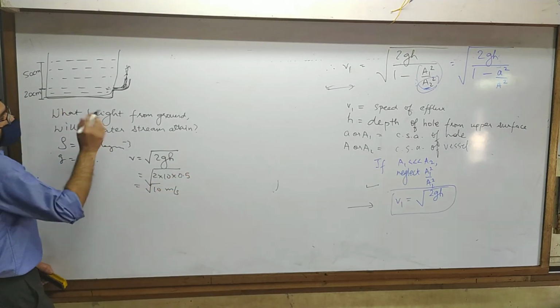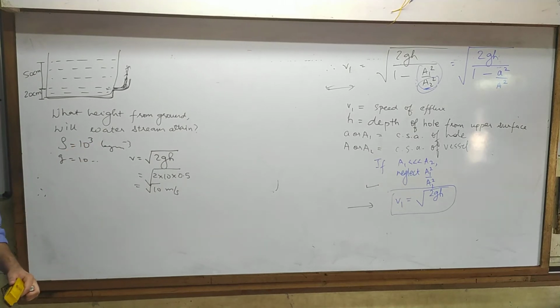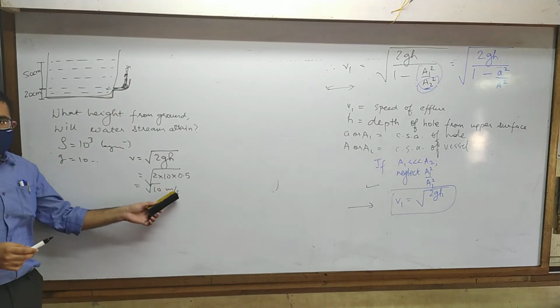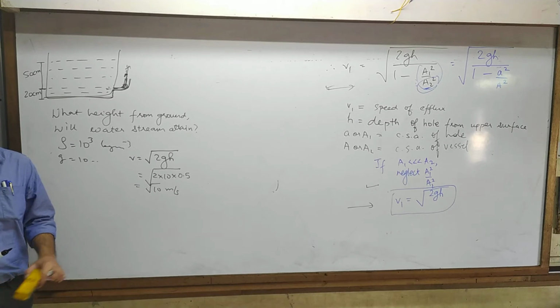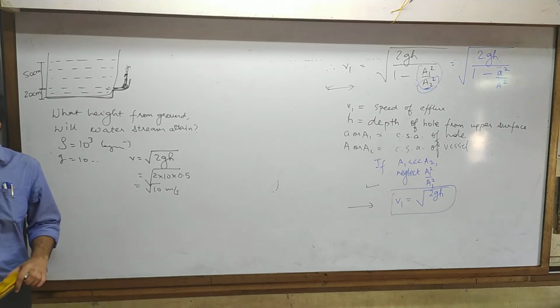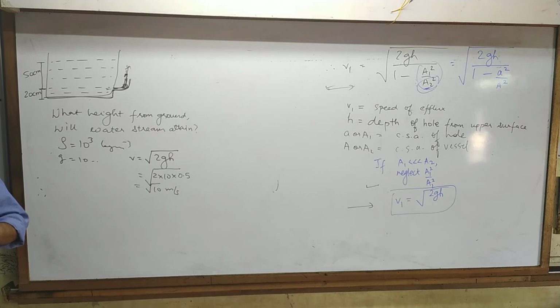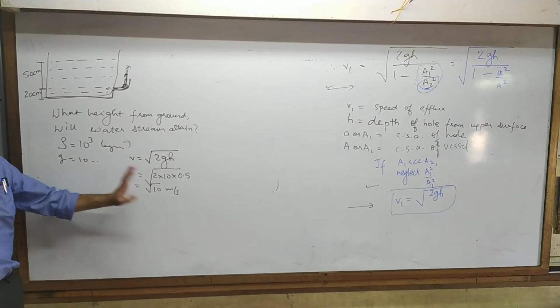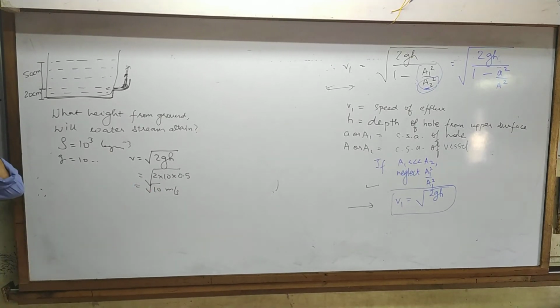Clear? Now the question has changed to kinematics. If you throw something up with speed, how much speed? Root 10 meter per second. Then to what height will it go? Do that, come on. Everyone try to do it without the calculator, okay? Because the numbers are so simple. Don't find root 10, let it be like that. And then read the question again before you give me the final answer.